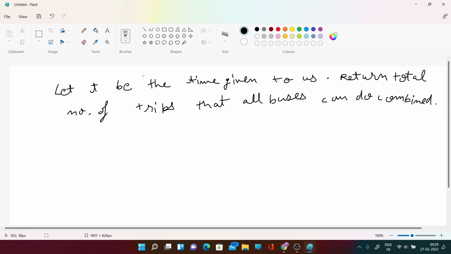Let t be the time given to us, and we have to return the total number of trips that all buses can do combined. This is the question that I am giving to you. I am reframing the given question. For this, you will simply iterate over all the buses,